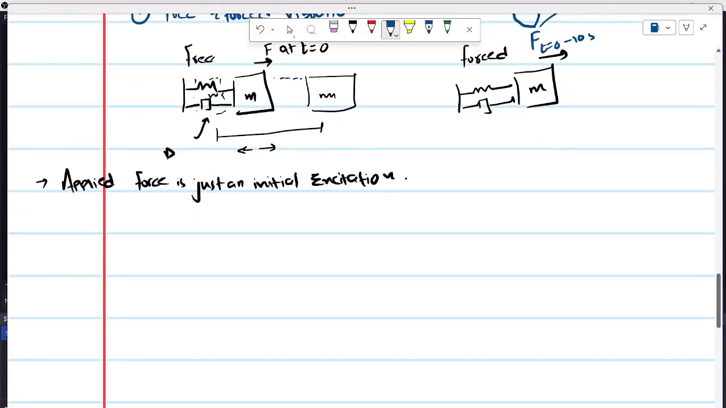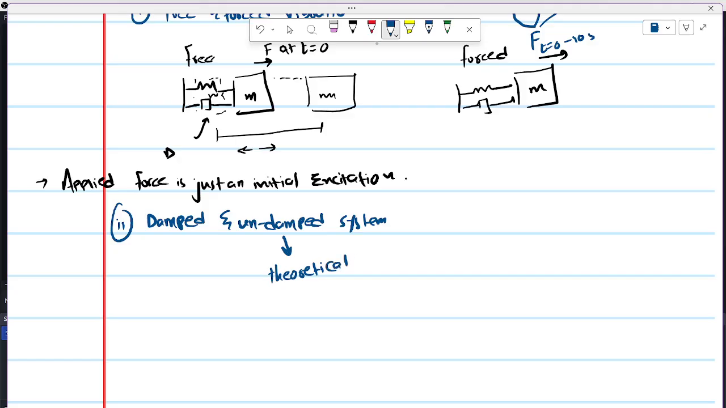The second way to classify is really easy. We have already discussed that one: damped and undamped systems. When there's a damper present in a system, that's called a damped system. When there's no damper, that's called an undamped system. What's the difference between them? An undamped system, you can call it a theoretical system. It doesn't exist in the real world,